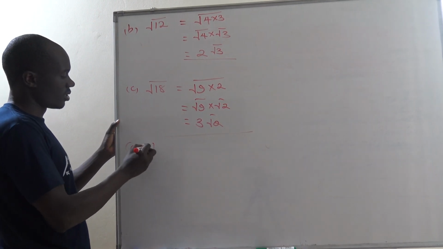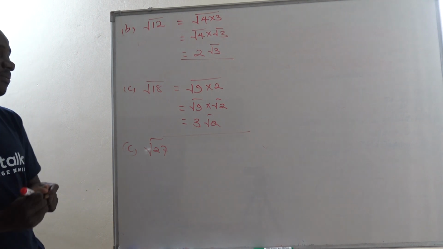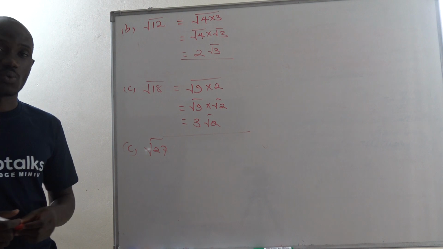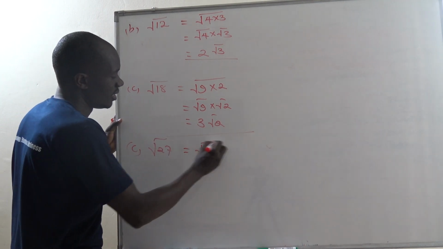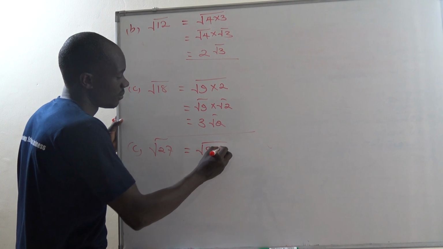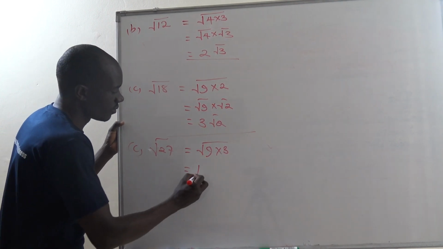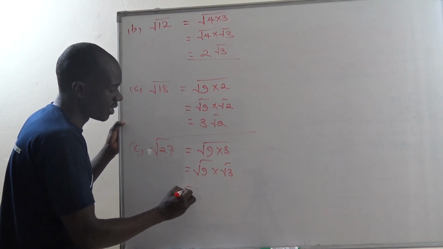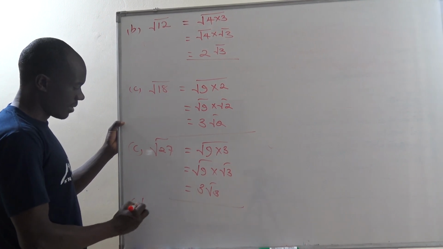Another one is root 27. Think of two numbers. When you multiply, you come out with 27, out of which one must have an exact square root. What are those numbers? 9 and 3. Root 9 times 3. 9 times 3 you come out with 27. So out of that you get root 9 times root 3. The square root of 9 is 3, so we get 3 root 3. Then another part is root